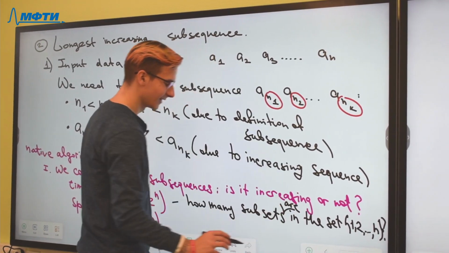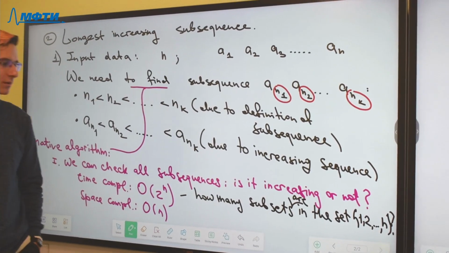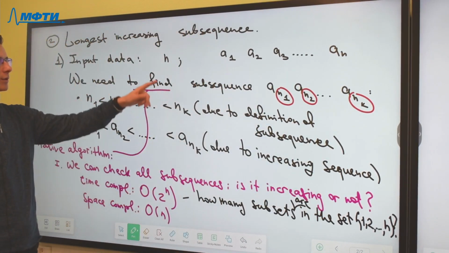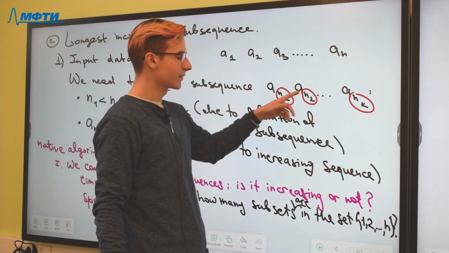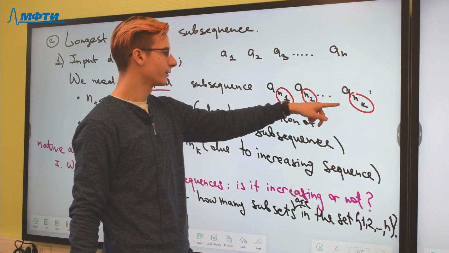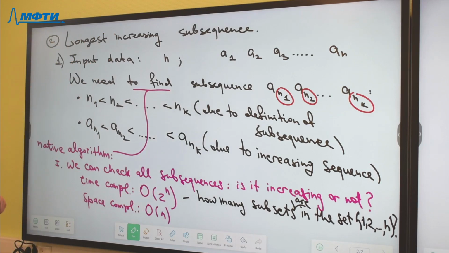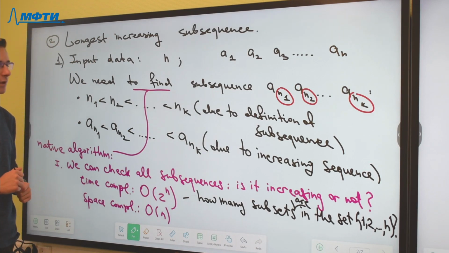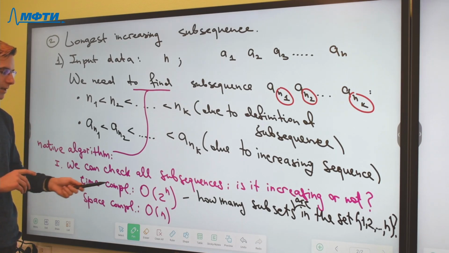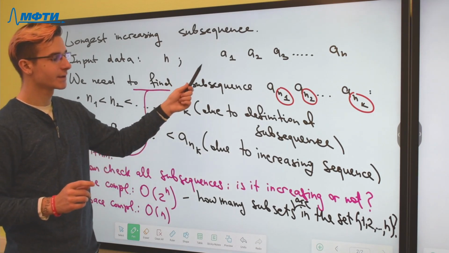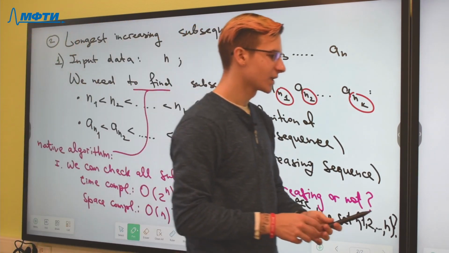How many subsets are in this set from 1 to n? 2 power n. And for each subsequence, we can say that we can code this subsequence with this sequence of integers n1, n2, and k, and it is a subset of the set from 1 to n. So the time complexity is equal to 2 power n due to the number of subsequences of this sequence. For example,